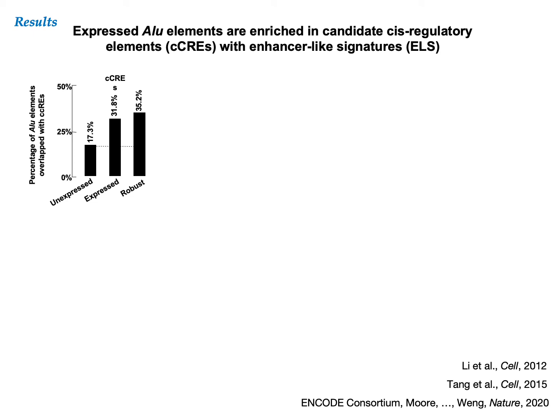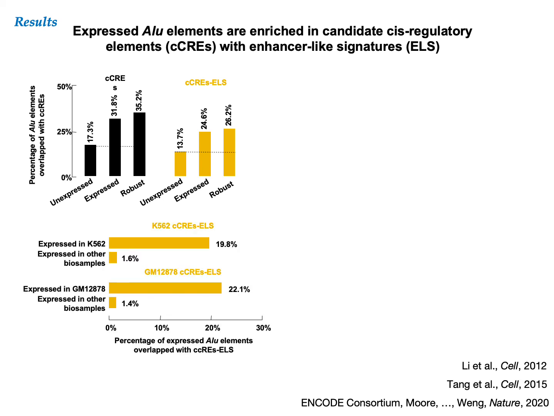Although only 17% of unexpressed Alu elements overlap cCREs, approximately twice as many expressed Alu elements overlap cCREs. We observed a similar increase of expressed Alu elements when we only considered the cCREs with enhancer-like signatures, or ELS. The enrichment of expressed Alu elements with cCREs with enhancer-like signatures